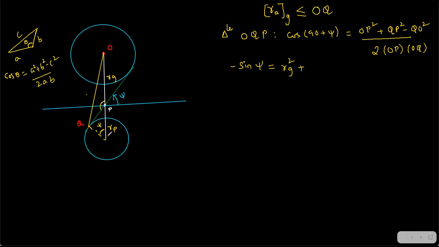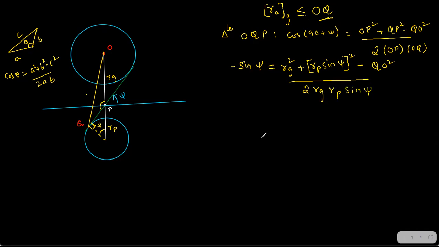So for psi, I can say RP sine psi, because this side is opposite and this angle is 90 degrees. So I can say RP sine psi, right? Here RP means the pitch circle radius of pinion, minus QO or OQ square. These are both the same because I'm not substituting what QO is. I know that QO is RAG, the addendum radius of gear, but we know that this is QO, so we'll keep it that way itself. And in the denominator, I can write 2 RG RP sine psi.